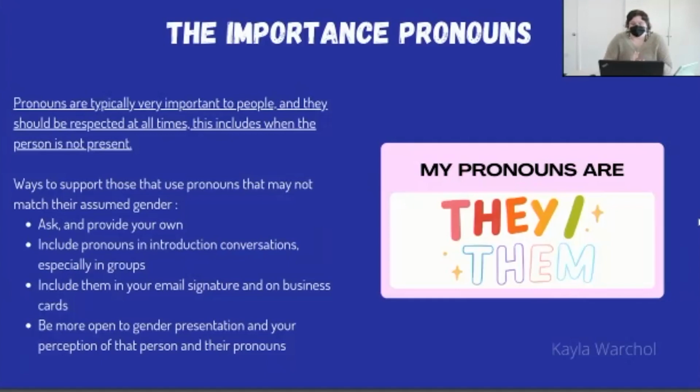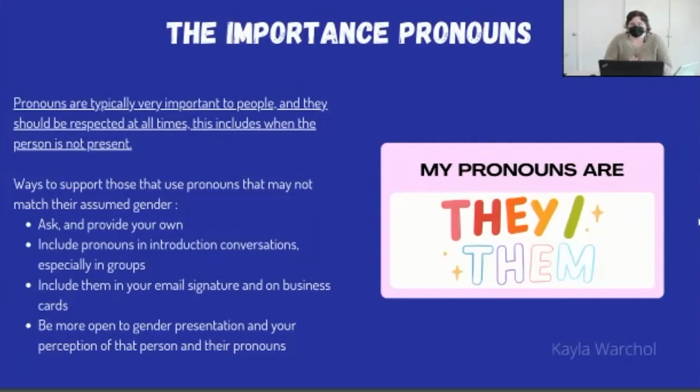There are also other ways to support those that use pronouns that may not match their assumed gender or the assumed gender that you believe them to be. Ask and provide your own. Include pronouns in introduction conversations, especially in groups. Include them in your email signature and even on business cards, and be more open to gender presentation in your